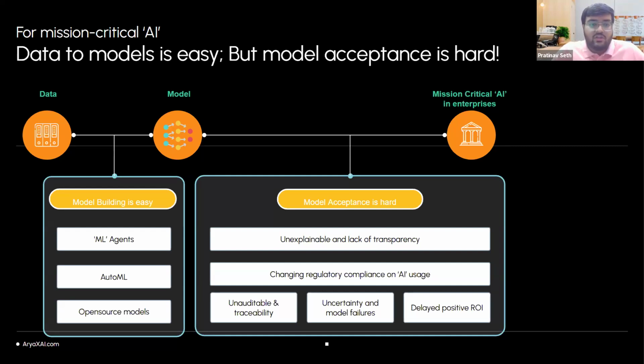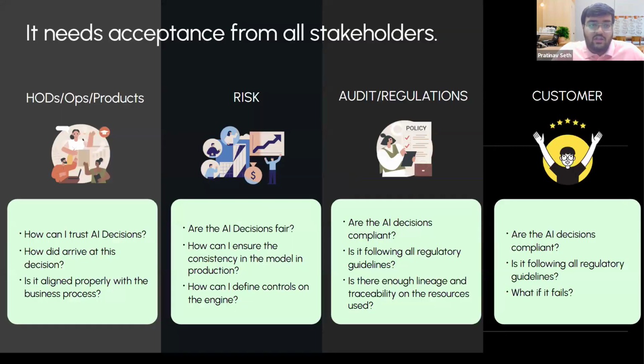So again, with AI regulations coming, how do you ensure that the model doesn't fail, or if the model fails, you are informing the end users about it? Anyway, I would say it needs acceptance from all stakeholders. In financial operations, that means the head of products and operations: how can they trust AI, how can you make AI models that satisfy your risk teams?